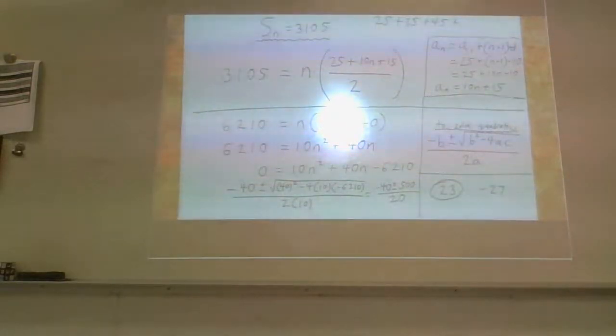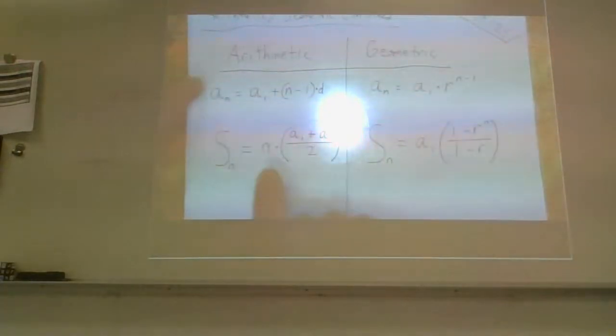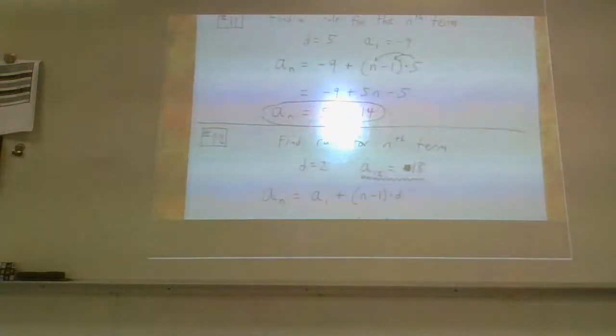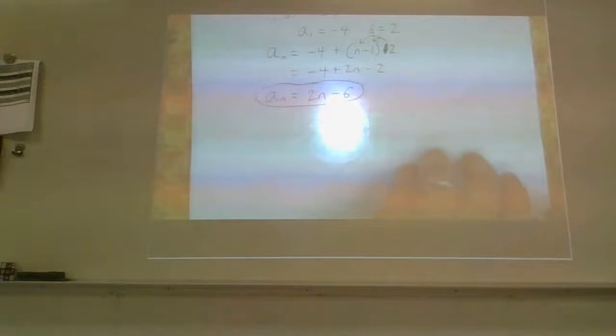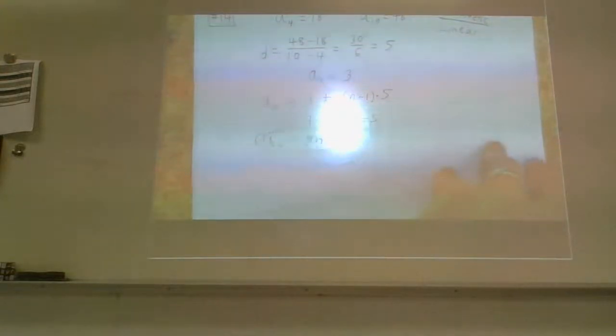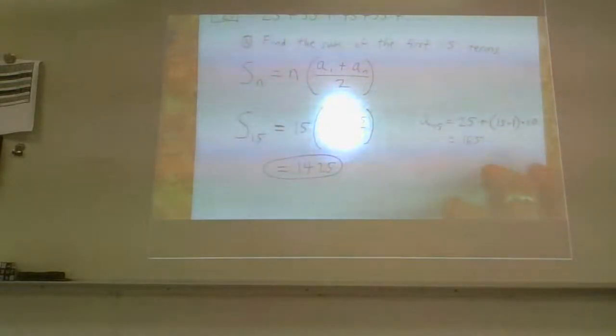This was a lot of arithmetic. We did arithmetic all stinking class period. Let me just recap what we've done today with arithmetic. I wrote down these 4 formulas at the beginning, but we've really only focused on these 2 today, these 2 formulas for arithmetic. Next class, I'm going to focus solely on geometric. But we were able to solve various problems using that particular arithmetic formula for the general rule. We were able to find the puzzle pieces and fit them together in order to solve for certain terms. We were able to equate arithmetic sequences to linear relationships to find slope. We were able to use the sum formula in order to find the sum of any number of terms we want. And then ultimately,